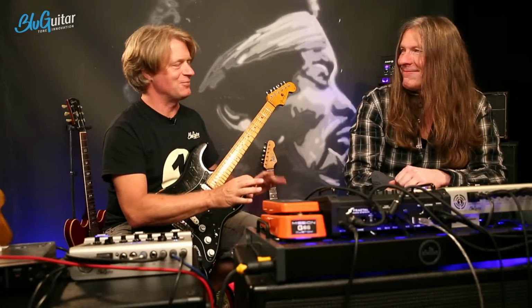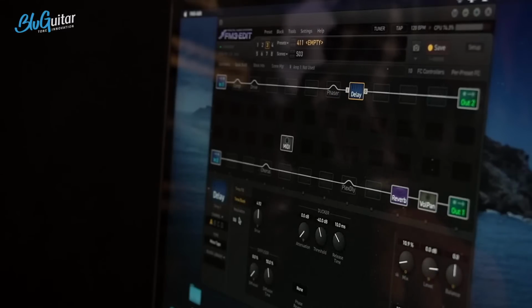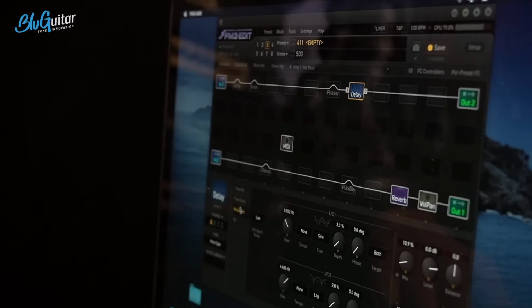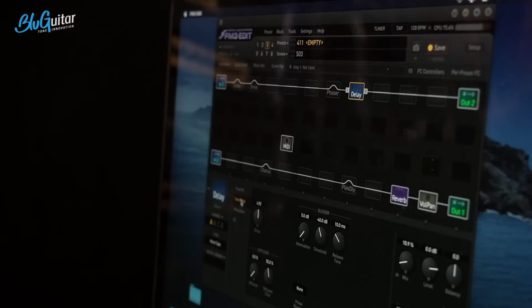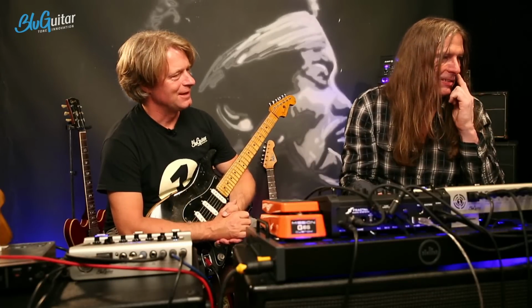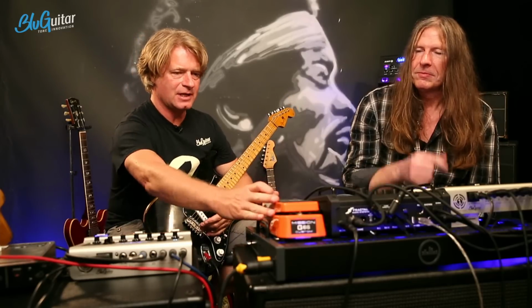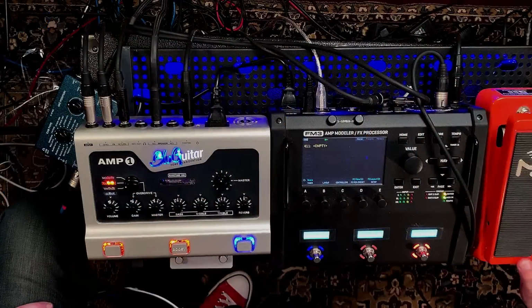I mean, it's not authentic, but I love it. I love this kind of... We only scratch the surface. You see the parameters here? I think you can spend hours only on the delay. Sure. I will certainly do that because I'm a delay nut. I can spend hours with the settings of delays forever. Okay, super cool. And this is like an expression pedal? Yeah. And this can, of course, be assigned to whatever, delay volume or...